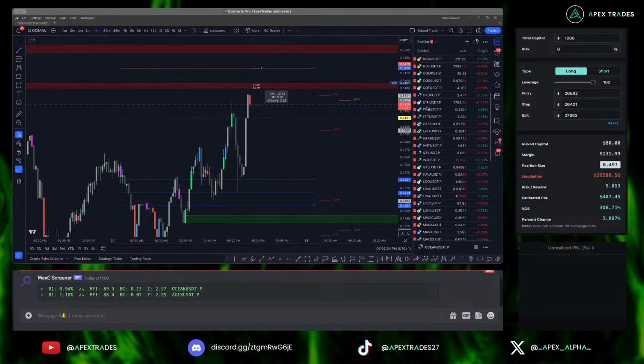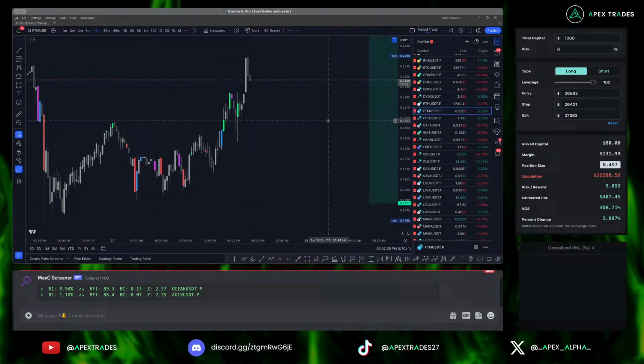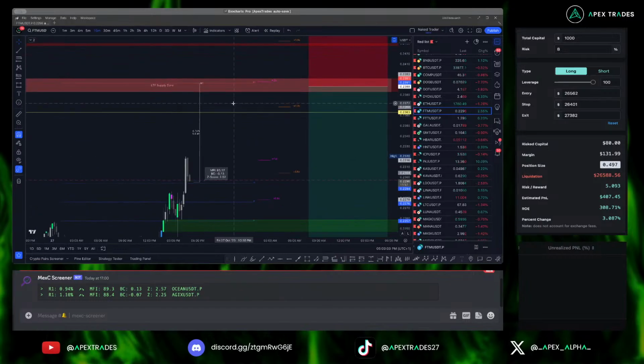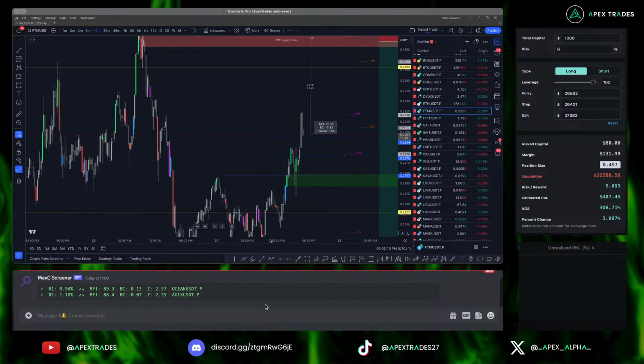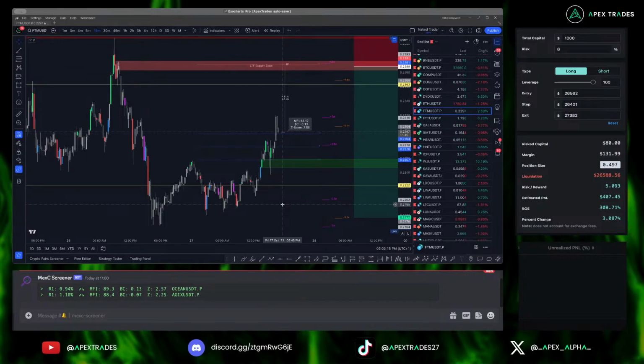So just flitting between Ocean, FTM. FTM starting to sell off a little bit at the minute. This is how you stay patient whenever you're trading these things, right? Because I would rather miss a trade than get in on a bad trade. It happens too often where it doesn't come into the area you want. And the beauty of this, by the way, is by having multiple tokens on the screener, if you're trading